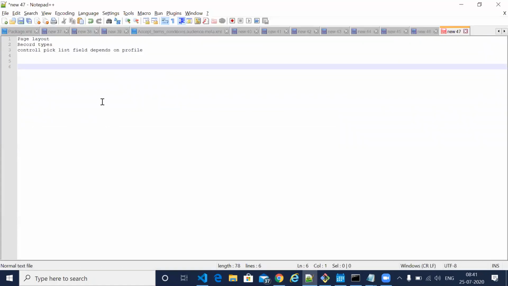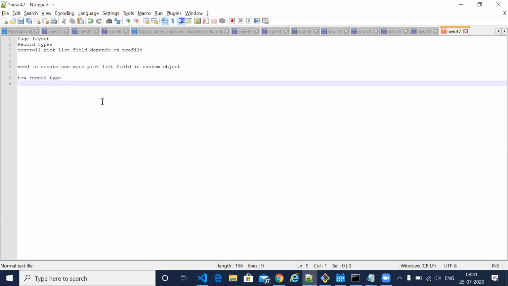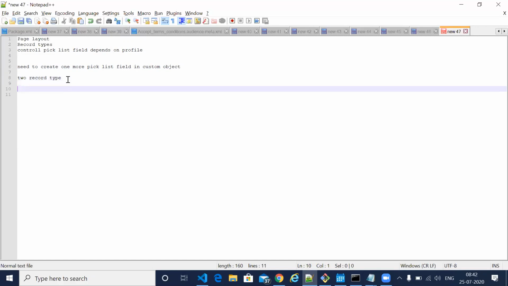You just need to create one more pick list field in the custom object, and create two record types and two page layouts.